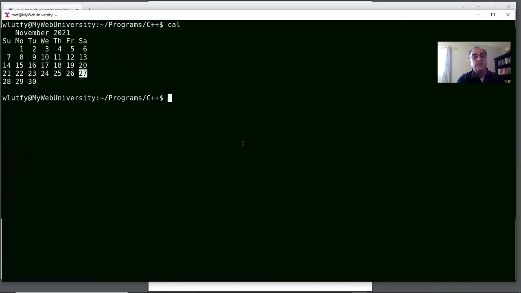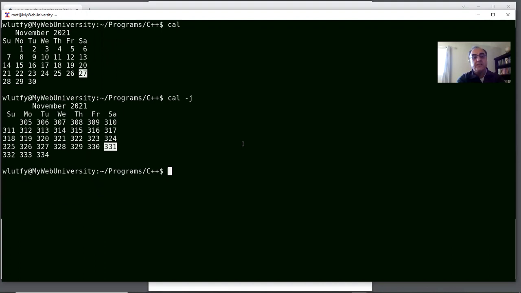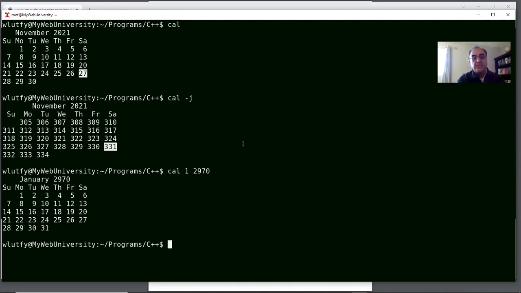We could just say calendar here, and that is the current month. If I get it in Julian format, then I could get it like that. And if I just want to say, clear the screen, let's say I want to do a cal for 1907, like the one that we did in there. So that's January 17th. And the calendar, you can go as far as you want. Like if you just say, let's go to